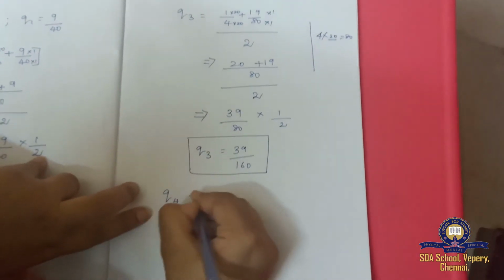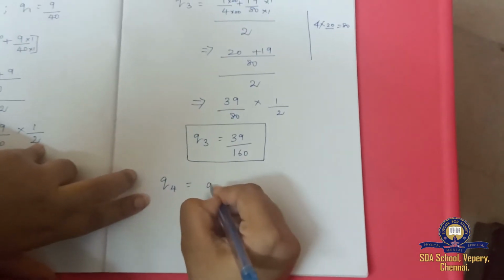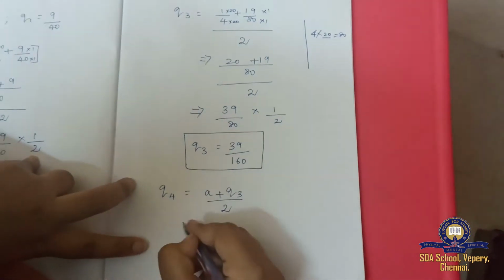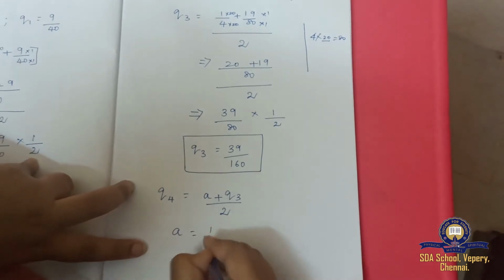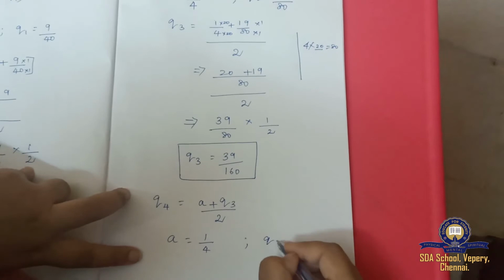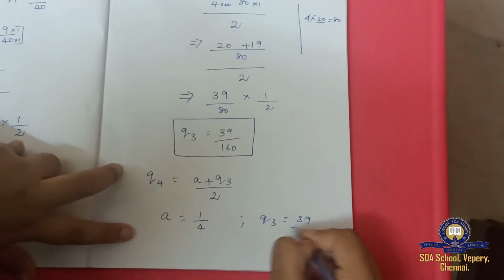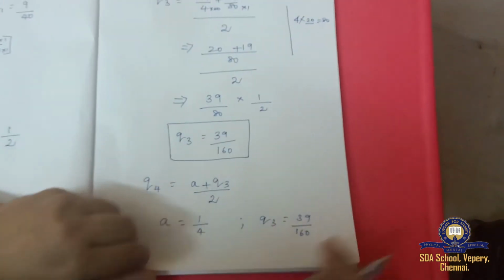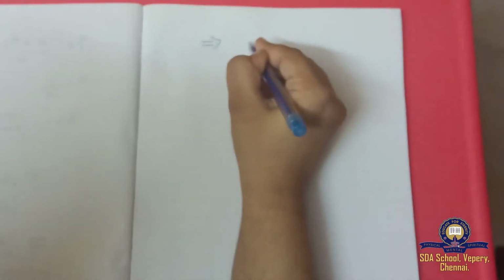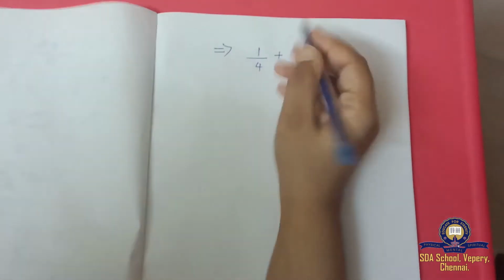Next, what are you supposed to find? Q4. What is the formula for Q4? It will be (A plus Q3) divided by 2. Isn't it? Again, what is A? A is 1 by 4. Always you have to write it down. Okay. What is Q3? You just found Q3 to be 39 by 160. Now we will substitute these two values in this formula. You get it? Okay. So, 1 by 4 plus 39 by 160